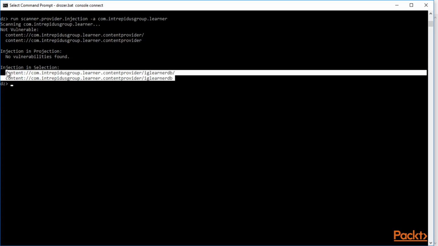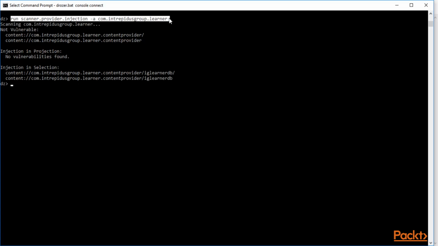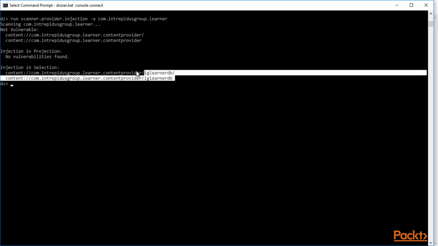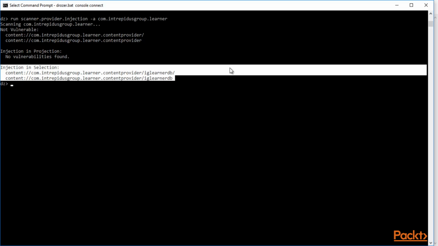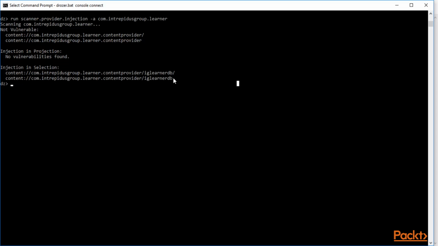You can check whether this app is vulnerable using injection. It shows at what part you can find SQL injection available inside it. So you can type run scanner.provider.injection -a com.interpretersgroup.learner, and you will find where the vulnerability is available in the application.